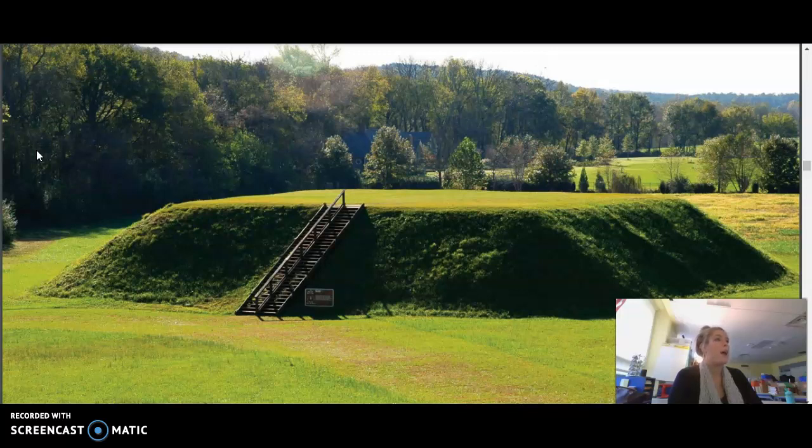Often, after thousands of years, the mounds and the artifacts that have been discovered in and around them speak to us of a time long, long before Europeans came to this continent. They speak of a time when native peoples worshipped many groups of nature gods and lived out their lives freely